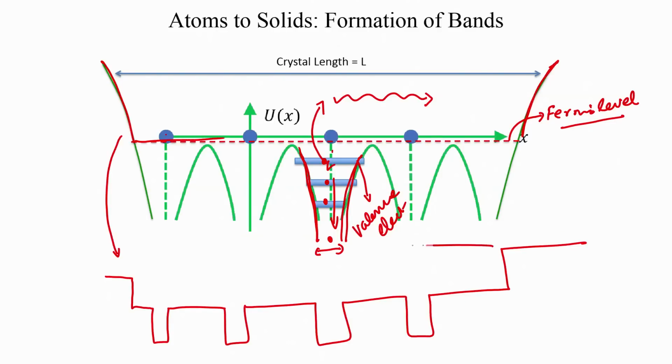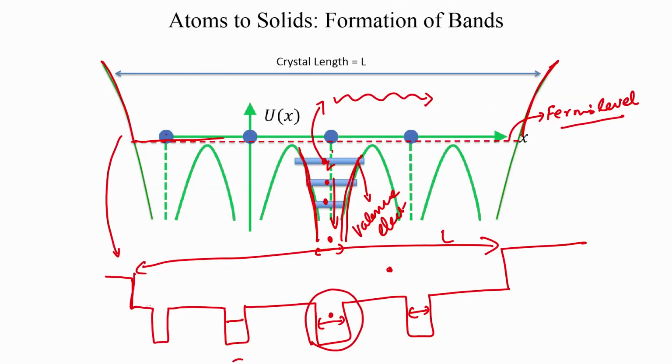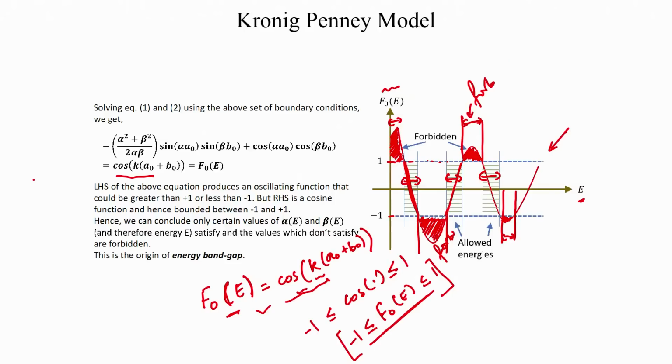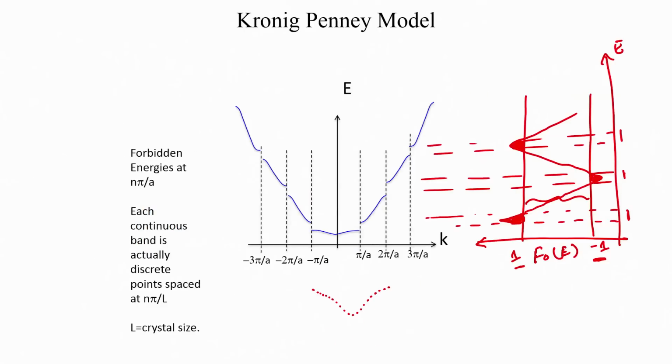So this is the length of the entire 1D crystal, and these are your little potential wells because of the different atoms, and therefore the electrons here experience this potential well and the electrons there are sitting in a much wider box. And what happens when the length of the box increases? We saw that the difference between the energy levels drops down significantly,